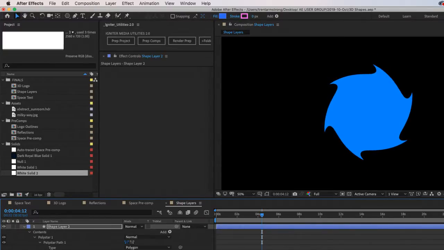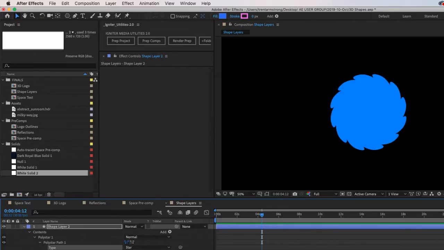Kind of fireball kind of stuff, or like a saw. Do a bunch of points on there. All right, and then we can even do a star. Get some interesting looks. Here's your fur ball. Nice. Right.